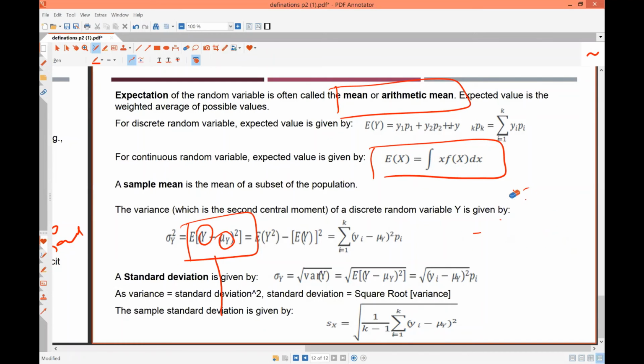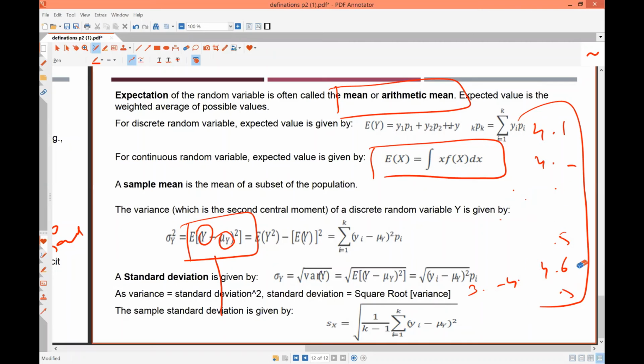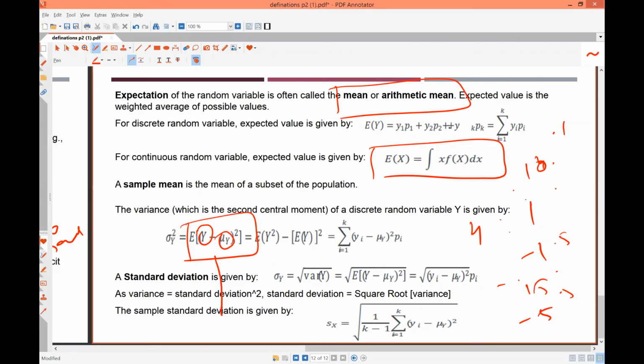For example, if the mean is 4 and the observations are 4.1, 4.2, 3.9, 3.8, 4.5, 4.6, 3.5, it will have a low variance because all of the observations are between 3.5 and 4.6. But if the mean is 4 and the observations are 10, 1, -1, 15, -5,